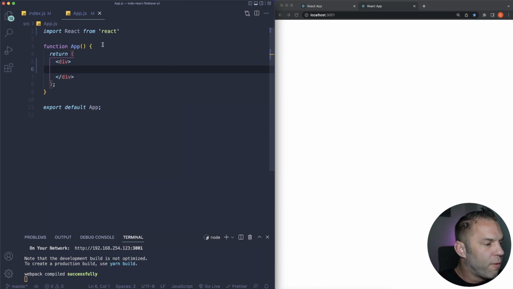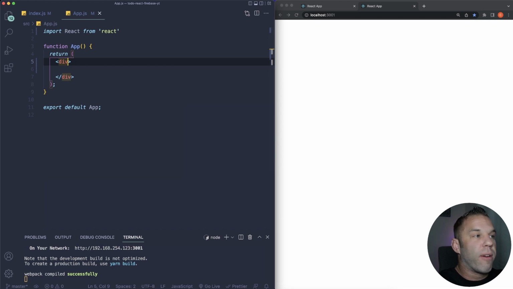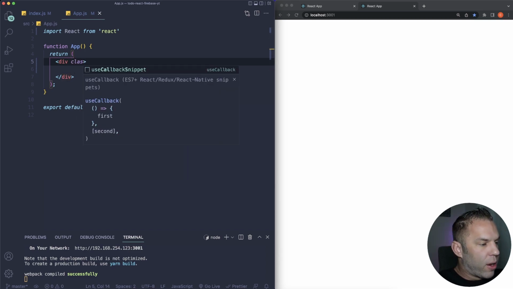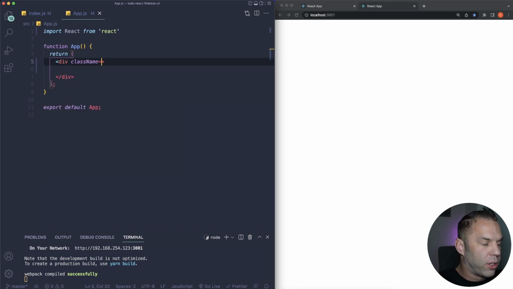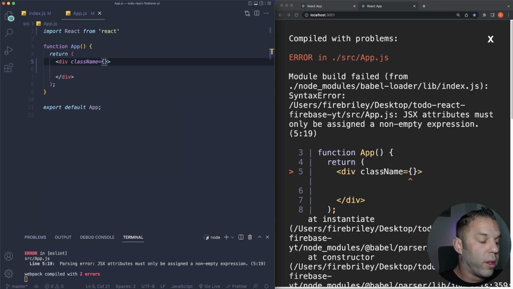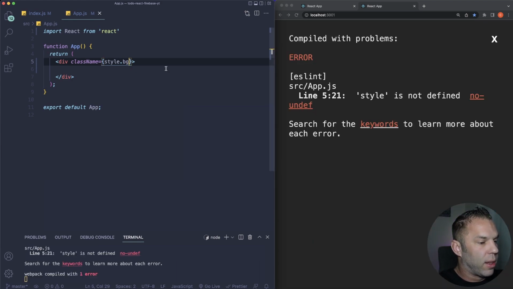So for this outer div here, I'm just going to give everything some class names, and I'll show you what I mean. So let's go ahead and give this outer div a class name, just like so. And we're going to use curly brackets, okay? And I'm going to say style.bg, just like so. Now, it says style is not defined. And like I said, we're going to be extracting all of our Tailwind CSS to the top of